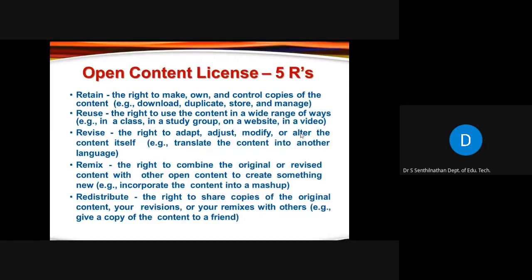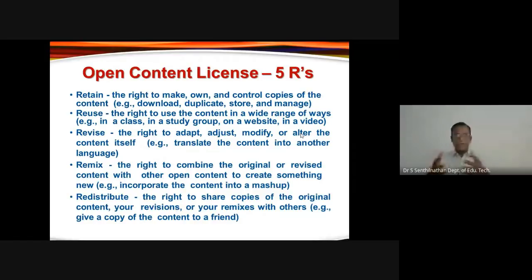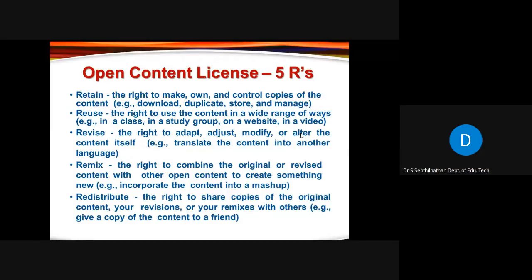See, for instance, you have created a video, some botany teacher listening to this, maybe you have created a video on photosynthesis. And sometime later, you find that you can add some 1 or 2 minutes of video from somebody else's video, another good video you find. At the end of your video, you think that it is better to have that 2 minutes of video. You can download that, you can download your content and put it together and launch it as if it was a 5-minute video, now you can launch it as a 7-minute video and redistribute. You will have the liberty again to remix and share with n number of people, any time for that matter.